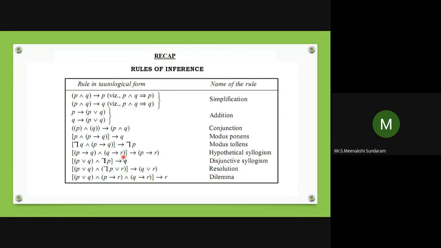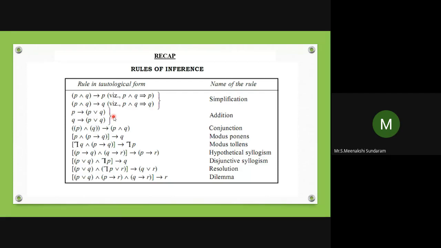The main things we use are the logical implications. For simplification, from P conjunction Q, we can write simply either P or Q. That is called simplification: two inputs, you can write one input. Addition means inserting one more piece of information: P tends to P disjunction Q. We can change P as P disjunction Q or Q as P disjunction Q. Then conjunction: P and Q, we can write in conjunction form.